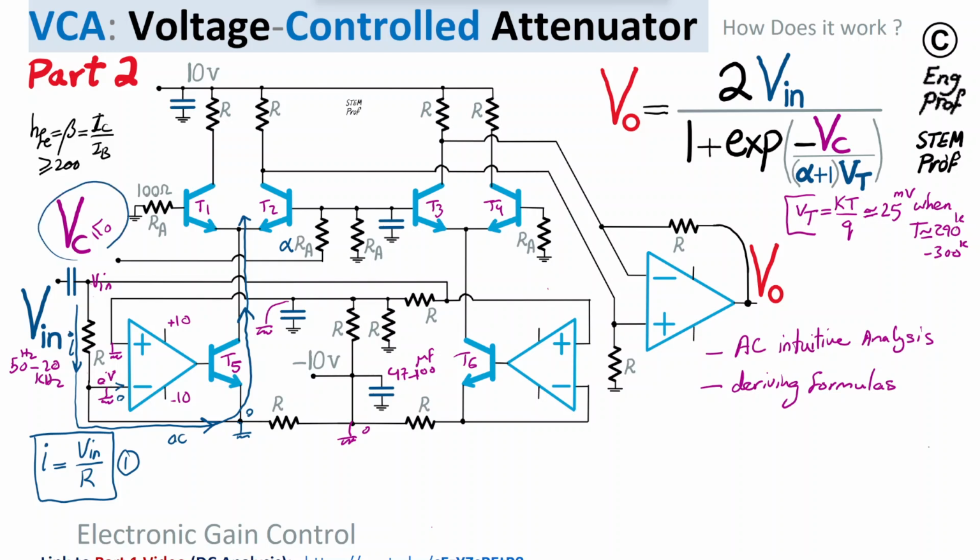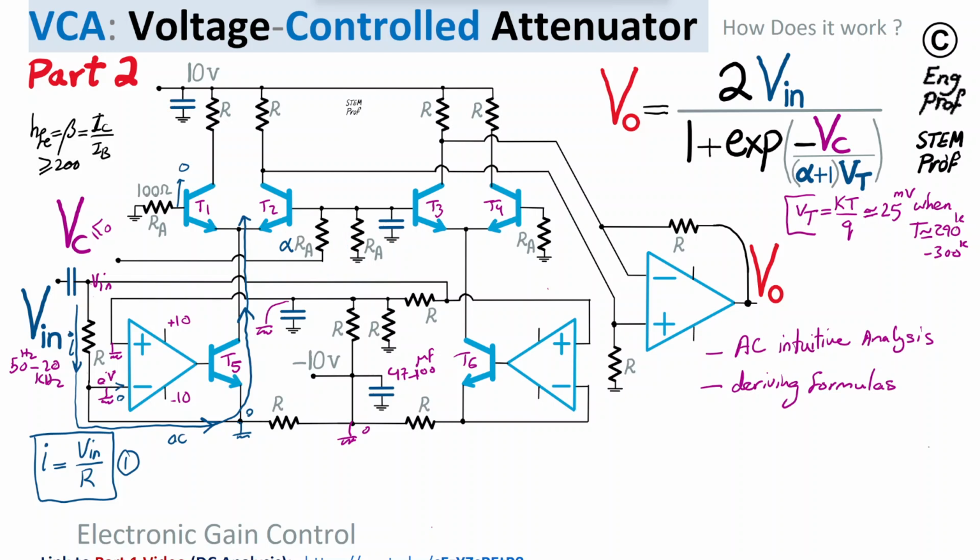If VC, or V control, is exactly 0, then similar to the base of T1, which has an AC voltage of 0 volt, the voltage drop across the 100 ohm RA is very small, negligible AC-wise. As you can see, the AC and DC voltage here at the base are both very close to 0, so I'm writing 0. At the base of T2 and T3, symmetrically, we have just the voltage division of V control applied to this node across these two resistors, RA and alpha RA, and if you compute that voltage division, you simply find